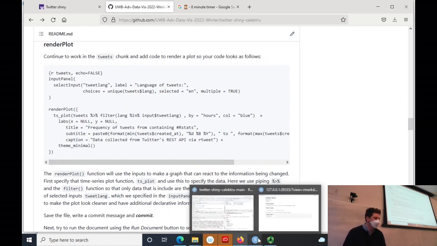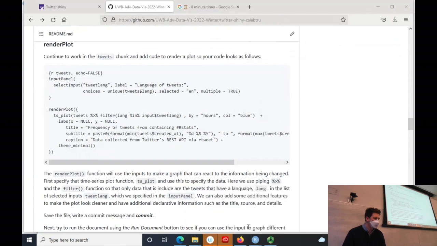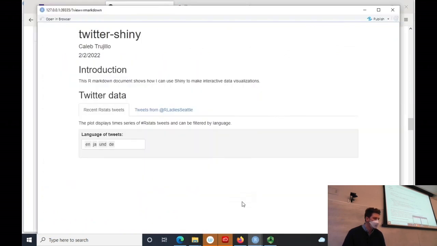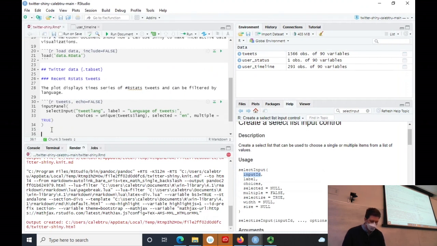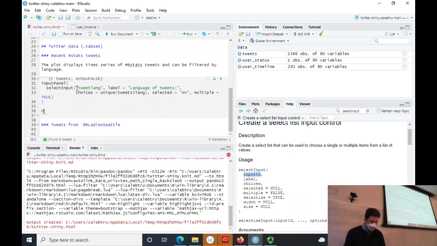So again, we're going to do renderPlot. We're going to work in the same chunk that we had before for the tweets. Oh wait, wrong one. Here we go. So input panel, a couple new lines. Again, I'm still in this kind of shaded area. renderPlot, and then normal parentheses, then curly bracket,